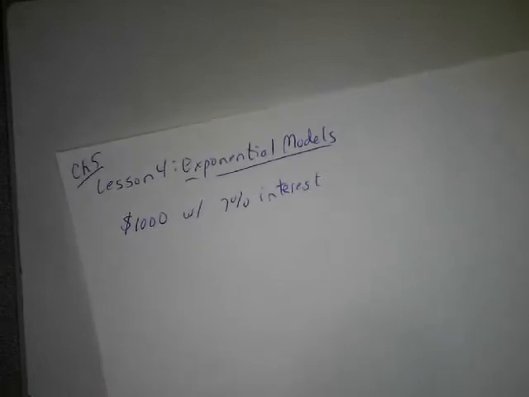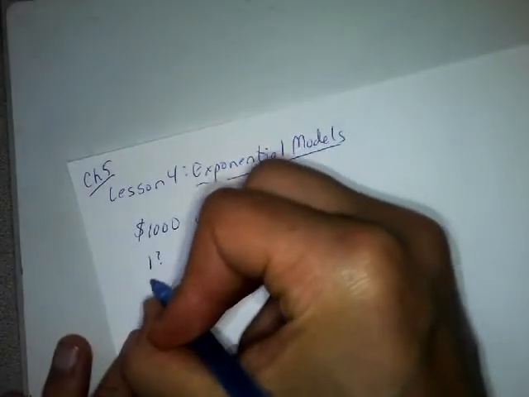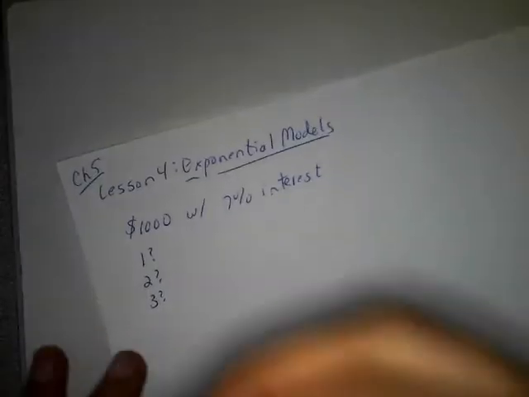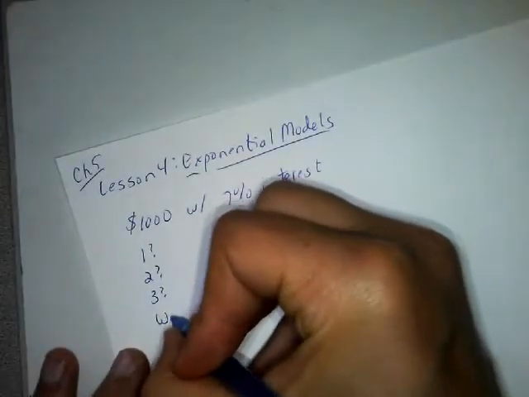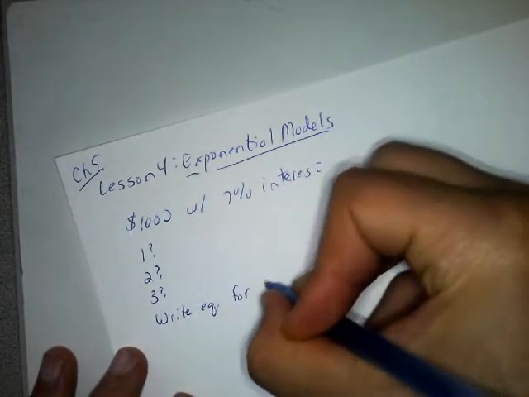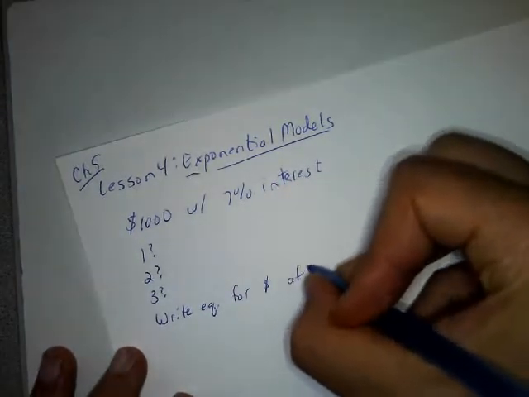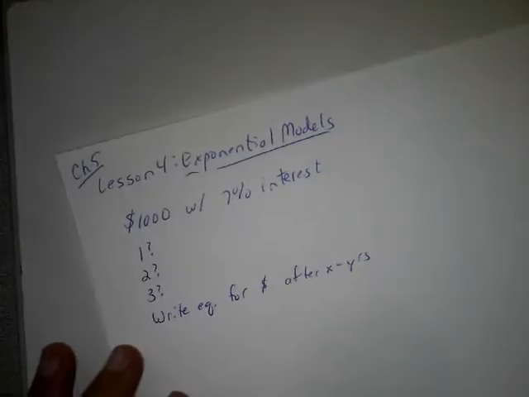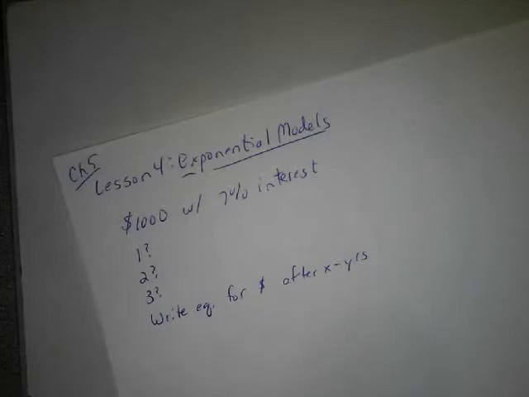So the question would be, how much money would you have after 1 year? So after 1 year, 2 years, 3 years. And then basically write an equation for the amount of money after x years. And so the idea is just to kind of remember from algebra,